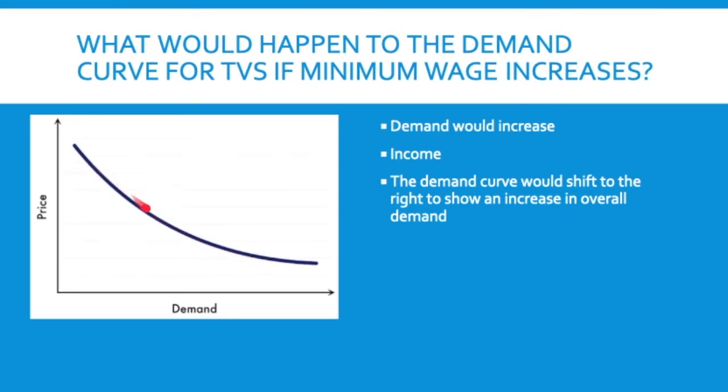So the price of TVs hasn't changed. This is the demand curve for TVs, but at all these different prices, at a $1,000 TV, instead of just one person buying it, maybe it would go over here and there'd be 3 people buying them. And at this point, for a $250 TV, this many people would buy it. Now maybe that line would be over here, and this many people would buy it. So the whole line would then shift over here to the right because the demand for TVs would go up because of a change in income.